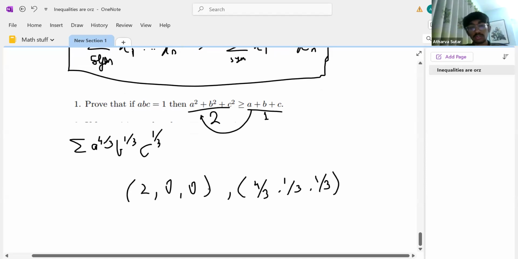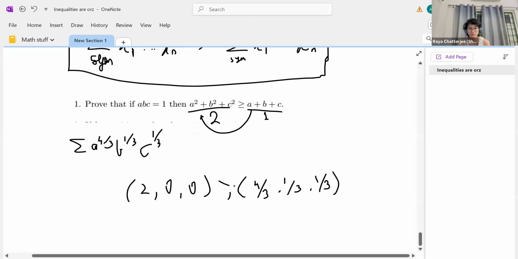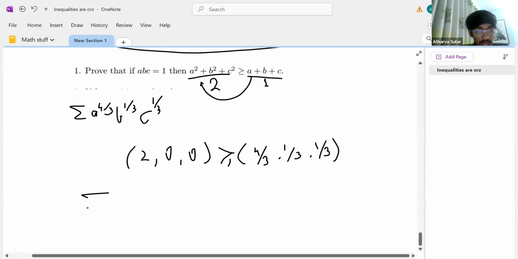Yeah, so in these two sequences, the sum is equal on both sides. They are decreasing, and 2 is greater than 4/3, and 2 plus 0 is greater than 5/3, and the first one majorizes the second one. So by Muirhead's inequality, you get that the symmetric sum of the LHS is basically